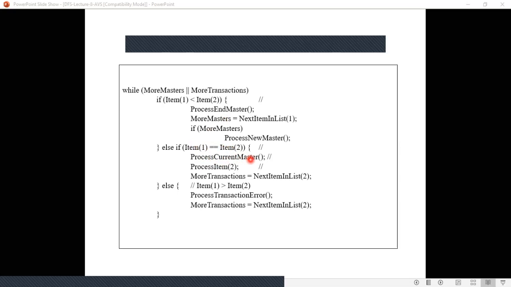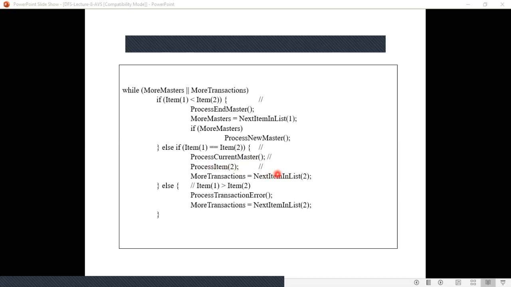Process the current master means you have to add all the transactions from the journal file into the ledger file. You have to calculate the new balance, process current master, and then process item 2. The second item, from the journal file, you are going to process that particular transaction, and then you have to move forward in the journal list, item 2.